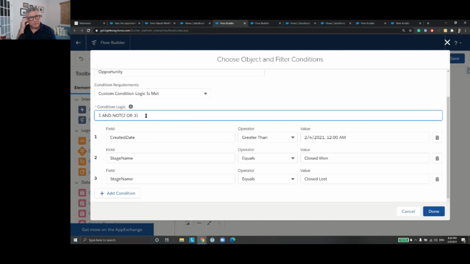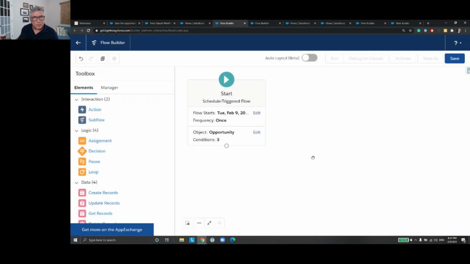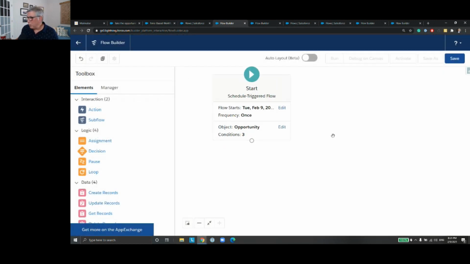So what this means is the created date is going to be greater than the 4th of February, and the stage name cannot be either closed won or closed lost. So it can be any of the other stages. So this is what that means. So what I'm going to do here,